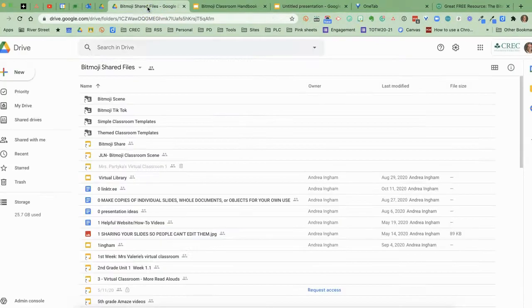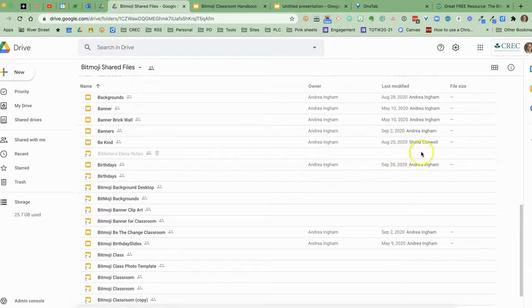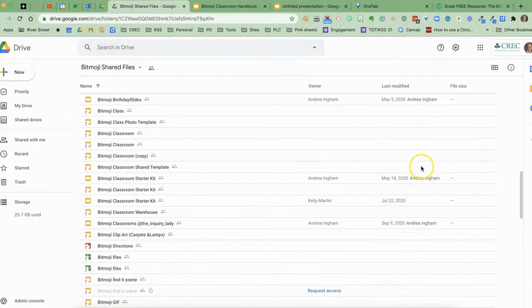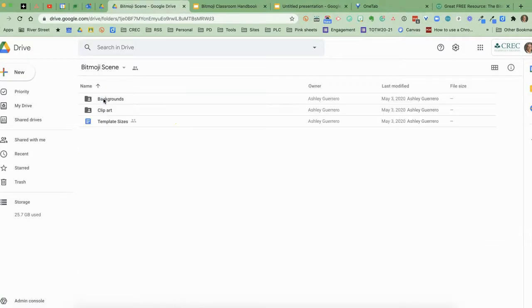But it is this Bitmoji shared files. Now, I don't know who all the people are that have put this together. You can see Andrea Ingham is one of the key people, but I don't know who is maintaining this. This is just someone, they've shared it from their Google Drive, but they've made it available to the world. And it is unbelievable. There are so many things. If you open up the Bitmoji scene, you've got background, you've got clip art, so you've got different things there. But let's just go all the way back to